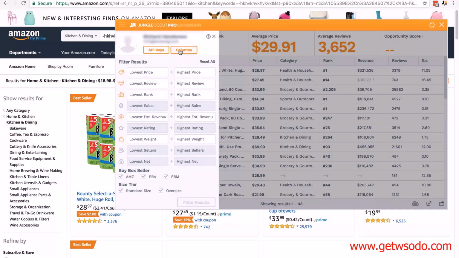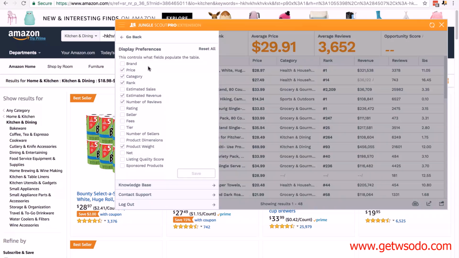The API keys you don't need to worry too much about. Entering your Amazon API keys does help a little bit in terms of speed, but not that much. Myself personally, I don't use them. But we want to click on columns, and you're going to notice there's a lot of boxes here that are not checked that you have checked, and we just want to change them. And you can see by mine, these are the ones I want to see inside of the Jungle Scout app,